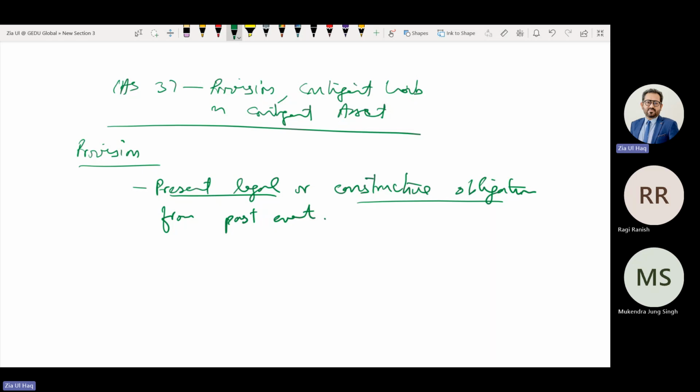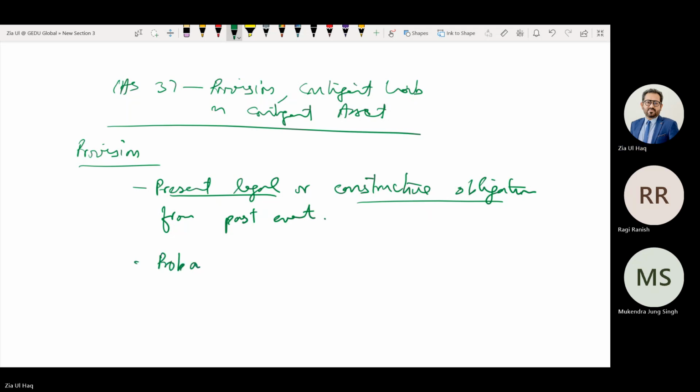In that case, there should be a warranty provision. Legal means there is a court case from an employee, a customer, or any other party. Maybe during the year you did not comply with laws and regulations, and there is a court case going on, so there is an obligation at year end.